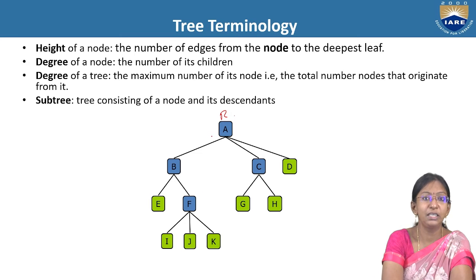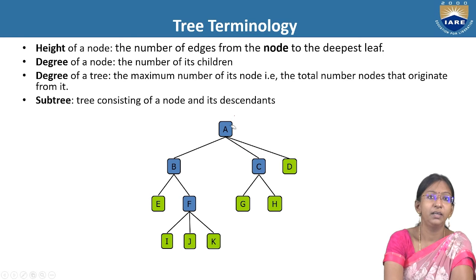So how to reach the deepest leaf? Via B, F and K. So 3. So the height of this tree is 3. Okay, then